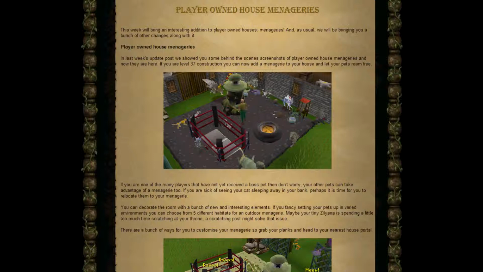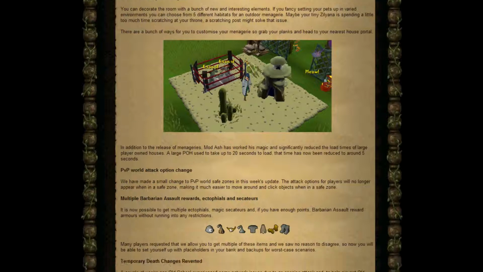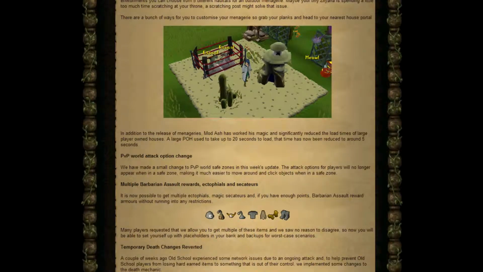If you fancy setting your pet up in varied environments, you can choose from 5 different habitats for your outdoor menagerie. And maybe your tiny Zilyana is spending a little too much time scratching at your throne, so building a scratching post may solve that issue. So, there are a bunch of ways to customize your menagerie, so grab some planks and head to your nearest